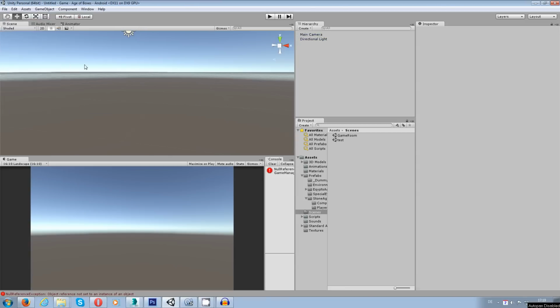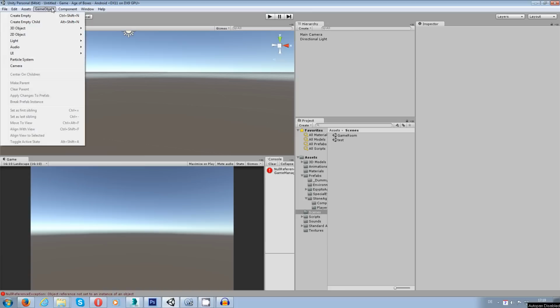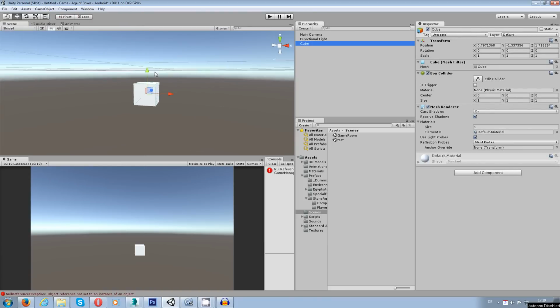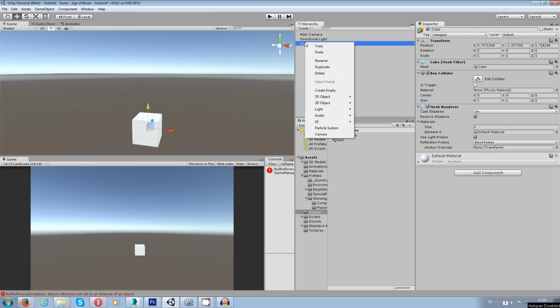So let's get started. At first I want to make a small basic unit. I don't really need that animation stuff for that. So I just create a cube, and over that cube will be later on my prefab, or whatever it's called for you and whatever you need. And basically I just want to right click, go to UI and add a